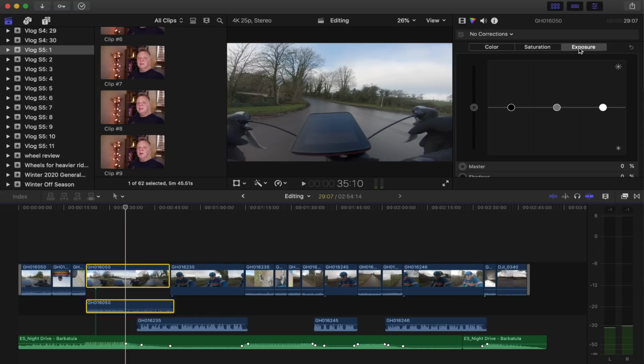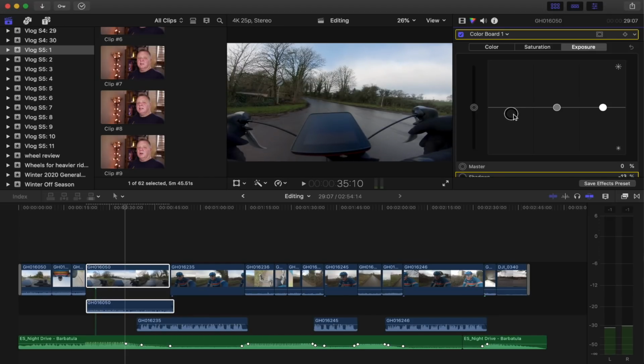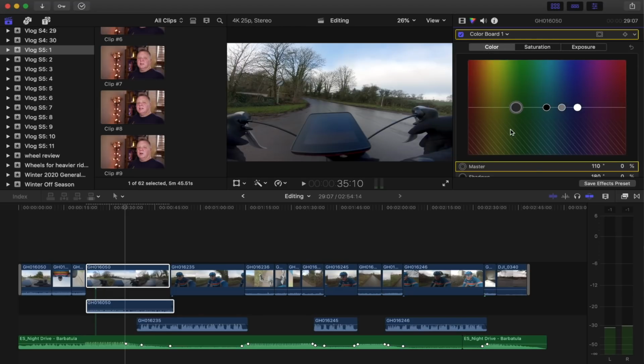And the first thing I'll look at is the exposure. So this to me is looking like I could sort of make the dark bits just a little bit darker. So if I do that, and the light bits a little bit lighter, increasing that. Saturation can come up a little bit, and the colour, it's looking a little bit blue. So if I just warm it up a little bit there with the colour inspector, and then what I'll do,